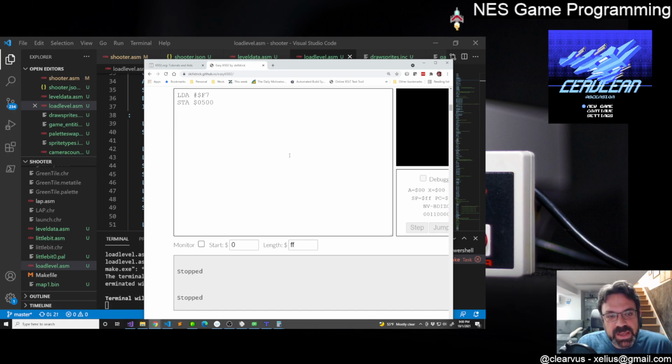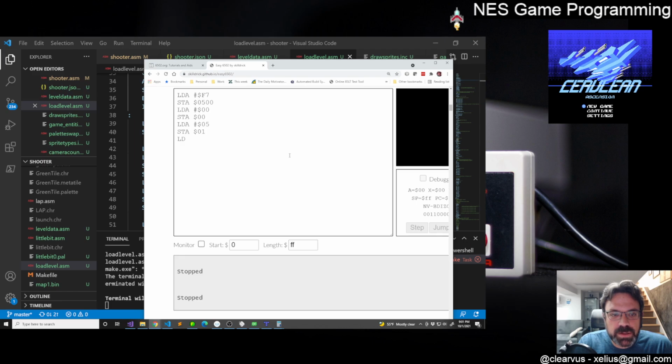And then let's load 5 and store that at 0. Wait, it's got to be the other way around, right? It's low and then high. And then 5, oops, 5, store that at 0, 1, and then load A